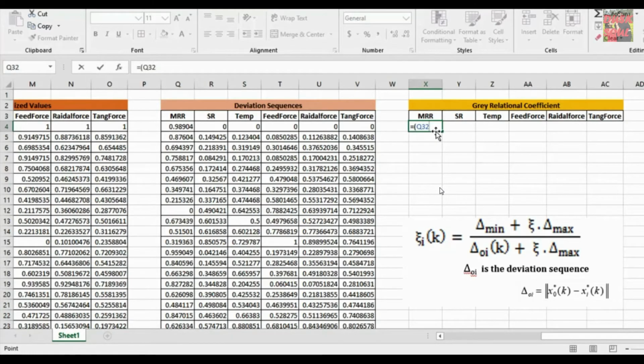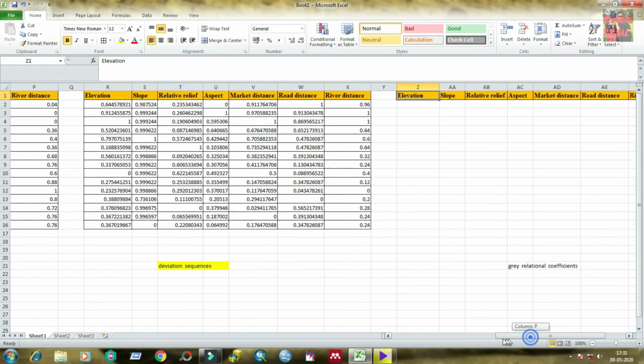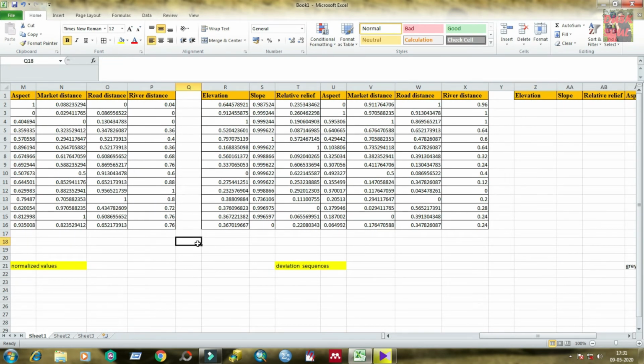Here you can see the formula. The gray relational coefficient is to be calculated on the basis of deviation sequences.